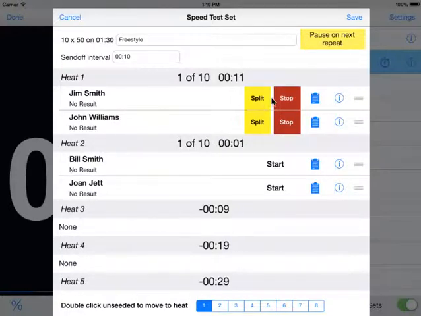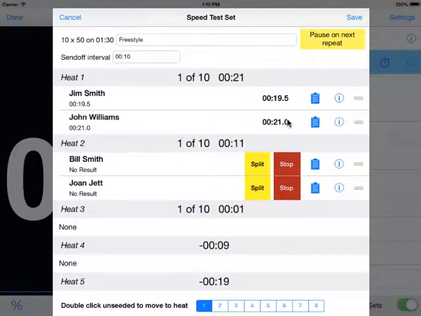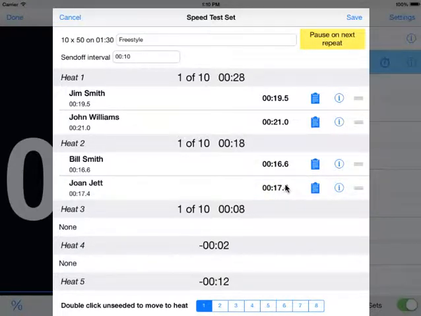But you can see as we're running through this, I get the same split and stop options. It's just that I don't have to manually start each heat. We'll stop them here and here. Stop that. And you see how now what's happening is it's continuing to run the pace clock,